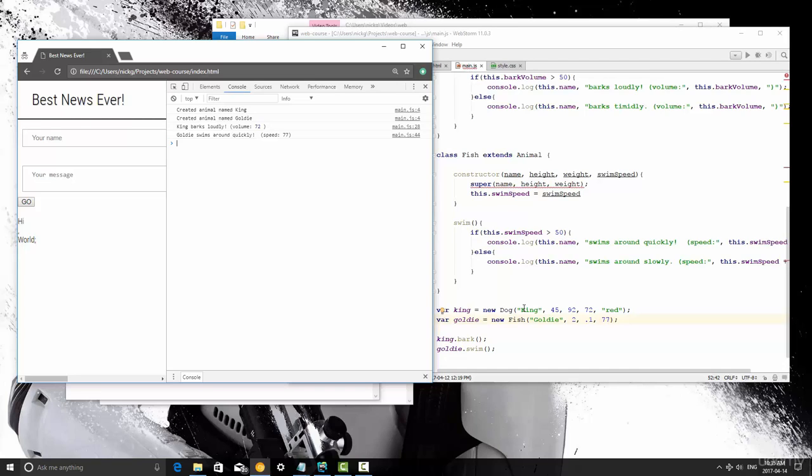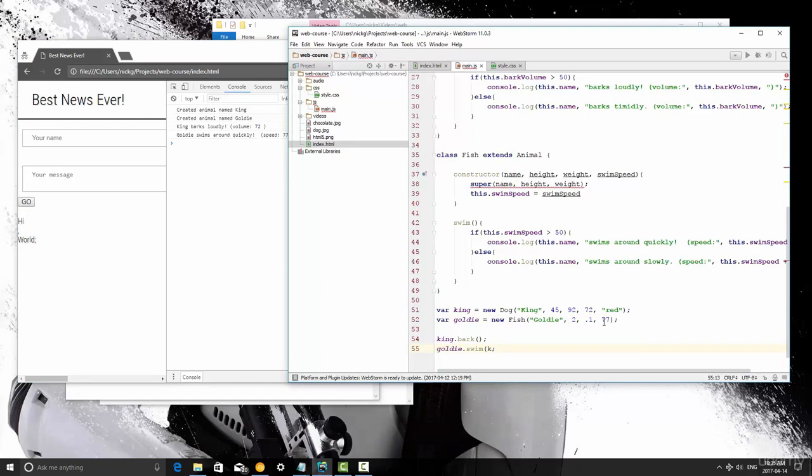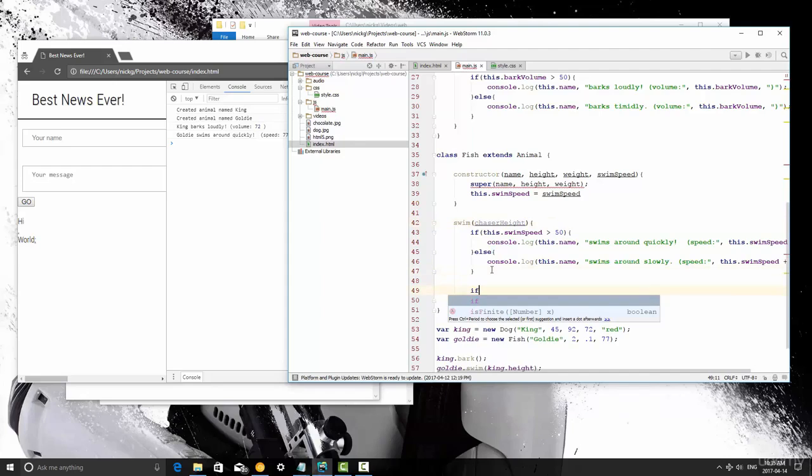So we're just going to do a simple comparison here. So in the swim method, we're going to pass in king.height. And then in here, we say chaser height. That's what we're going to pass in there. And if this dot swim speed is greater than chaser height,